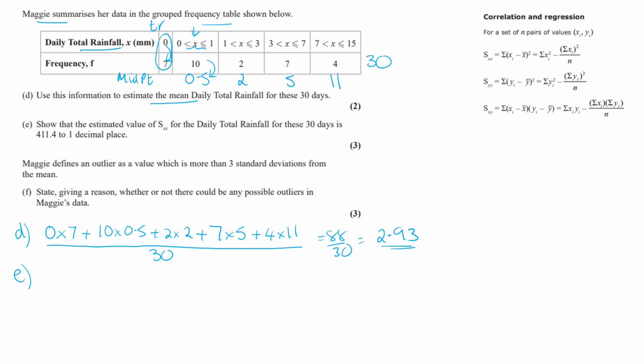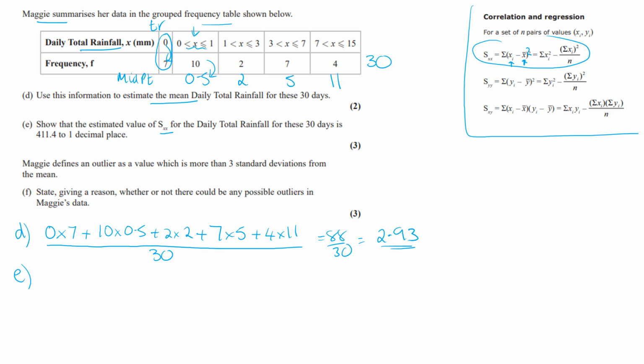Part E, show that the estimated value of Sxx, which is the sum of the squares, so that's the value that you can use before you find the average, is how far each of the data items lie away from the mean. So it's used to calculate the variance, and it is the sum of the squares. So I've put over here the section of the formula sheet where you can see how to calculate the sum of the squares. So it's just how far does each of the data items lie away from the mean,